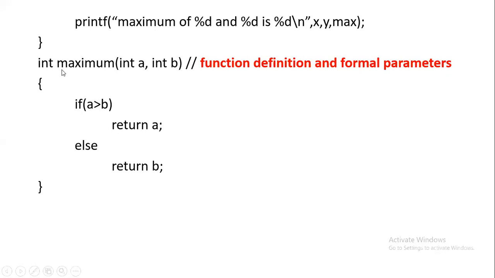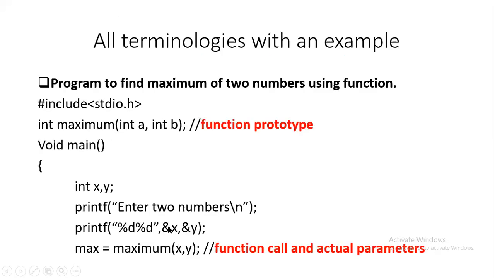How does this work? So let us see, this is the function definition. A and B are formal parameters. Now here we have passed maximum of x comma y. X value will get stored to A, y value will get stored to B. So if we give x as 3, y as 4, then A becomes 3, B becomes 4. Is this clear? So from the function call, if we enter 3 comma 4, it will pass 3 comma 4.